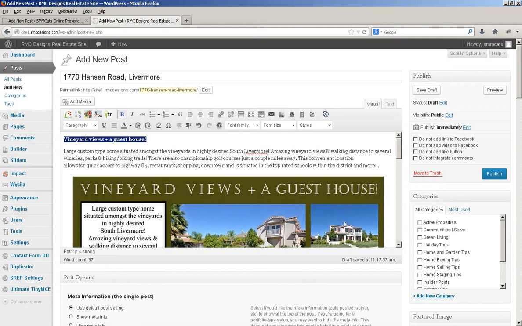And if you have questions on that, I can show you how that's done. So I've added now a post. In this particular one, I'm going to put it under active properties, communities I serve. You can have things under different posts, or different categories, in fact. But in this case, I'm going to go ahead and put it under active properties, leave it